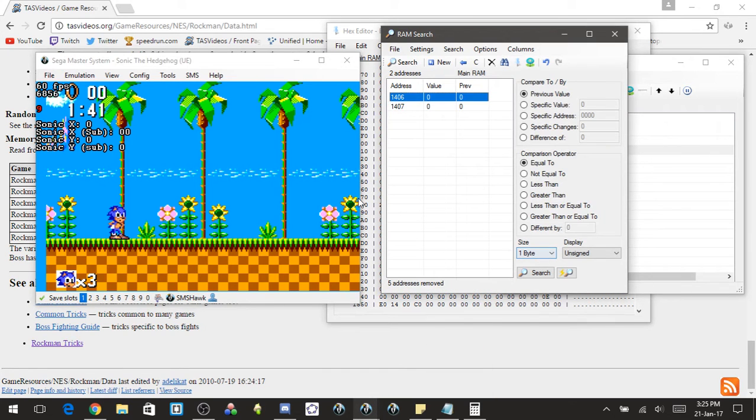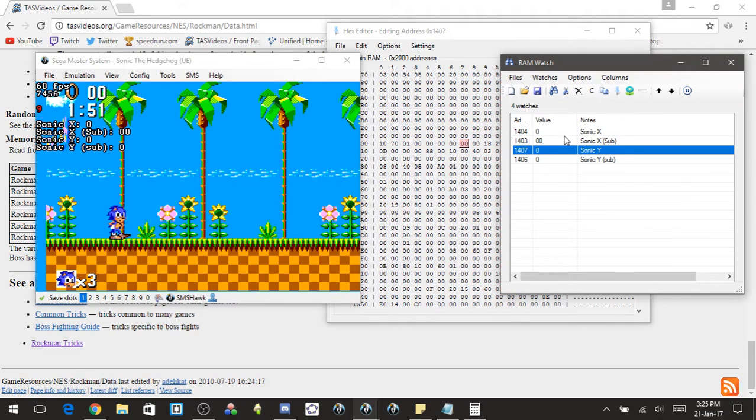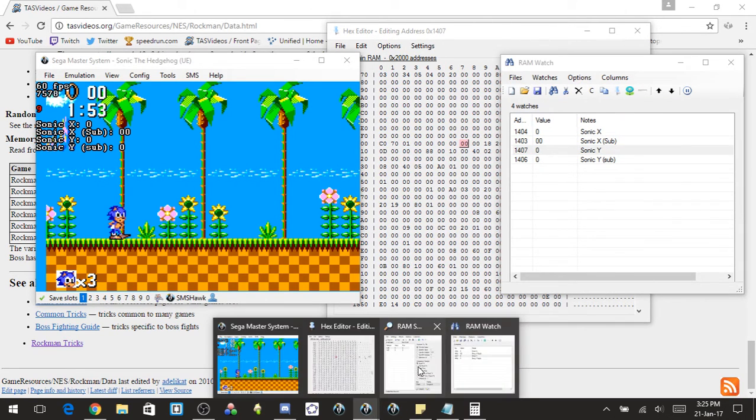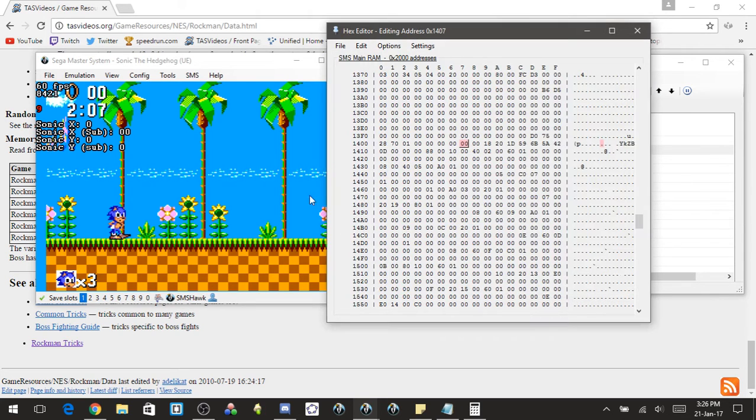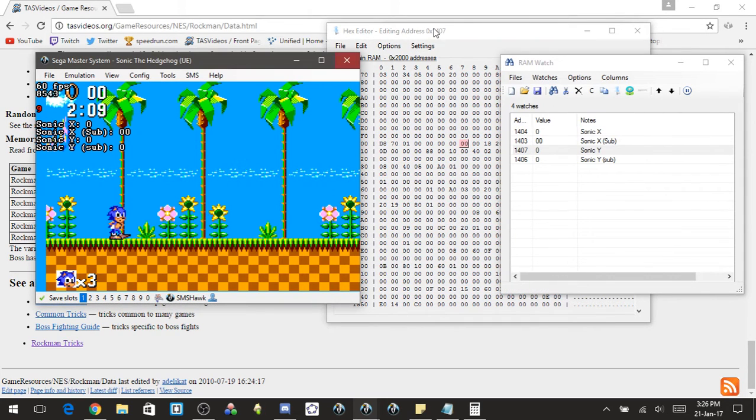So if you can't find what you want with 1 byte, a good thing to try is 2 bytes or 4 bytes, because as we see, these are using 2 bytes to measure his speeds. I mean, 2 bytes will just search for 2 bytes right next to each other, so I used 1 byte there. But it could be right next to each other. So yeah, if you can't find what you need, try 2 bytes or 4 bytes as well. And also, say we had his